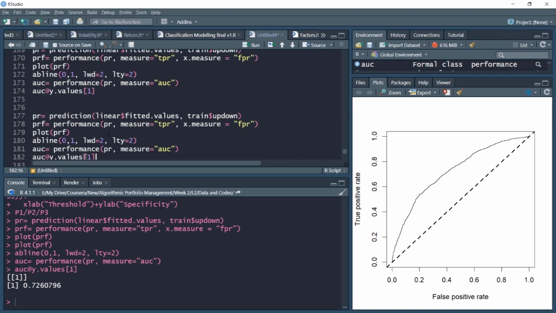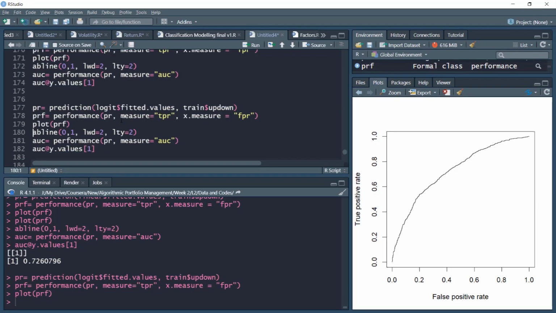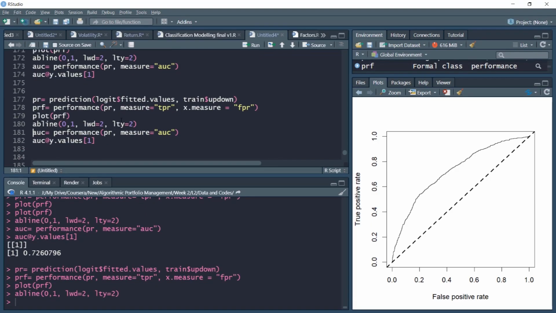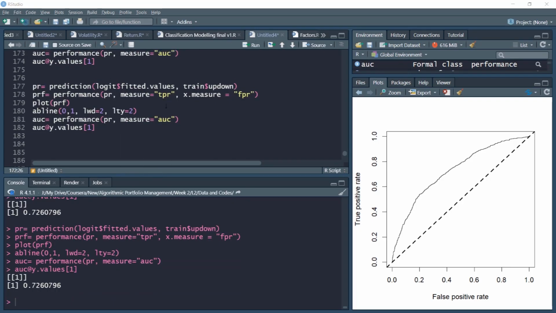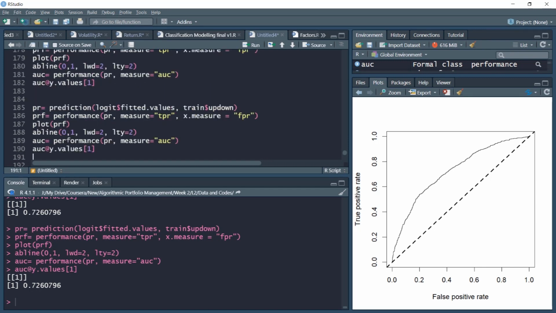Let us also calculate this for the logit object. We'll visualize it also. So the same thing we'll do for our logit object. Let's do that. So for the logit object, the plot looks like this. Again, a very similar plot. In fact, it appears to be very similar to the linear object, but we can compute the numbers. Again, we are getting very similar values, which was expected because of their high correlation, almost 95 to 99 percent.